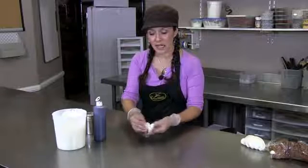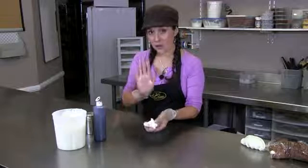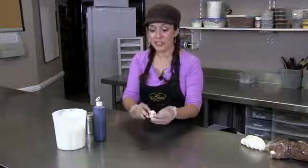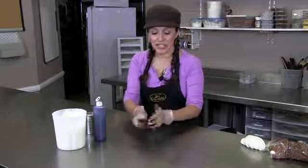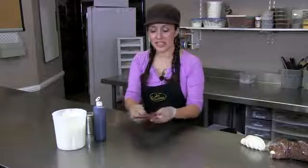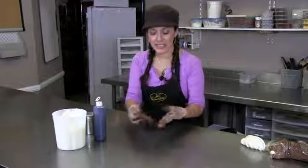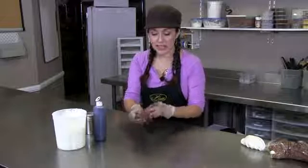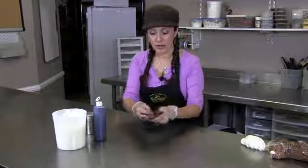I also am wearing disposable gloves. It's food coloring, but it will stain your hands temporarily. So if you're in a pinch and all you have is brown food color, you can do this. Just knead the color in, and like I said, it's getting very sticky at this point. Once I get it incorporated pretty good,